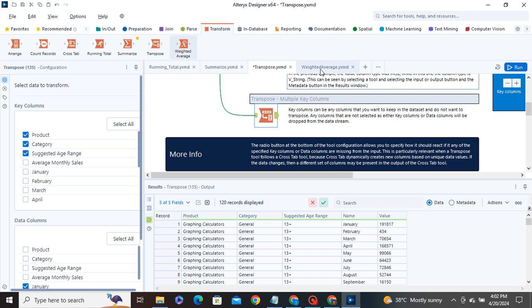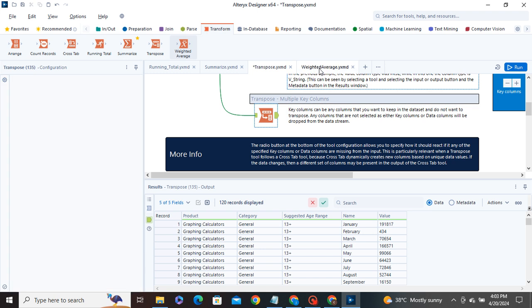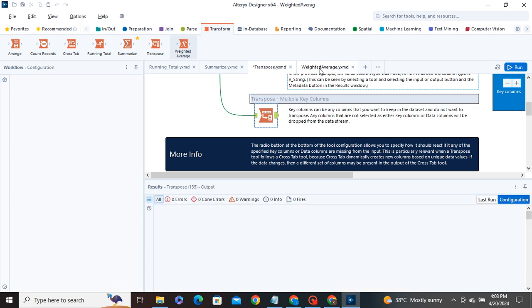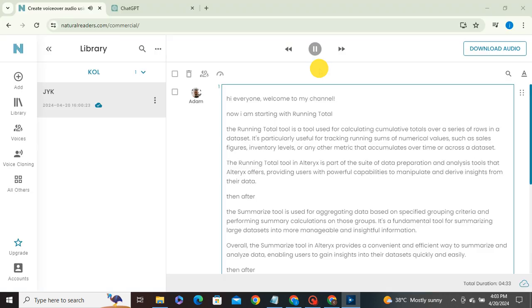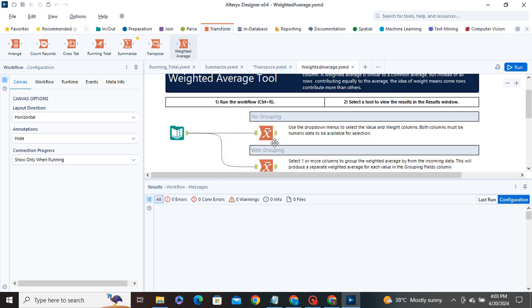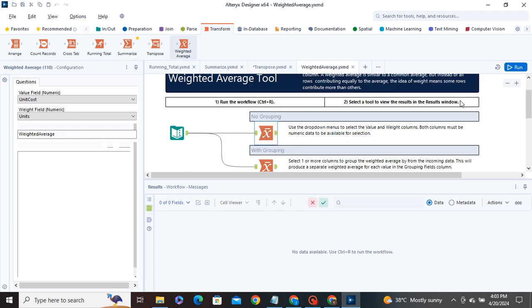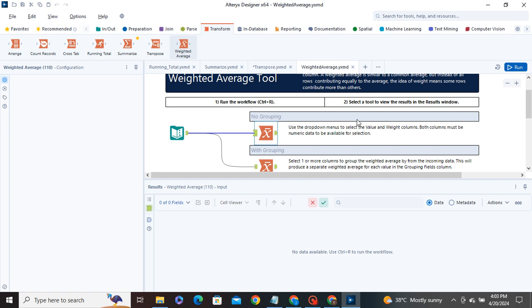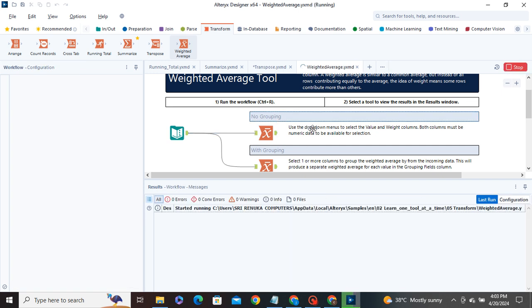Then after, the weighted average tool calculates the weighted average of an incoming data column. A weighted average is similar to a common average, but instead of all rows contributing equally to the average, the idea of weight means some rows contribute more than